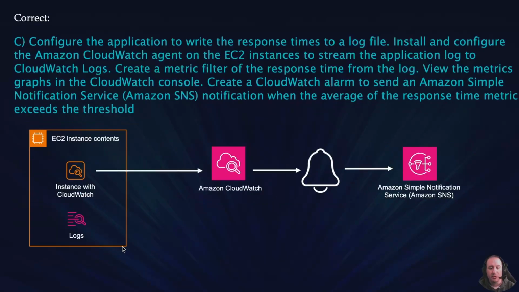So take a closer look at what we would see in C. You're going to configure it to write the response times to the log file. You can install the CloudWatch agent on each EC2 instance. It's going to stream the logs to CloudWatch Logs. And then we're going to create a metric filter of the response times from those logs. We're going to view the metric graphs in the CloudWatch console, and we're going to create an alarm for CloudWatch that sends to SNS when we reach that response time